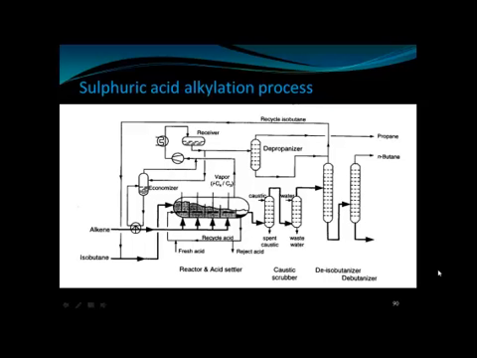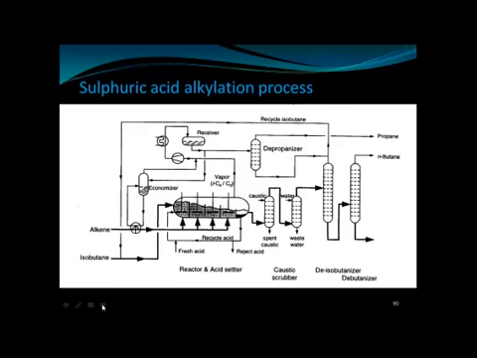So isobutane and alkene are generally used to get the alkylation. So that will react and they will give the alkylate as the final product. So here the reactor and settler are shown in the diagram. So here they will react with the alkenes, and we will get the branched alkane or